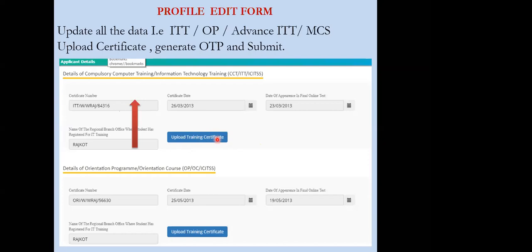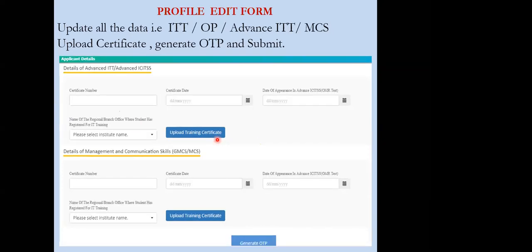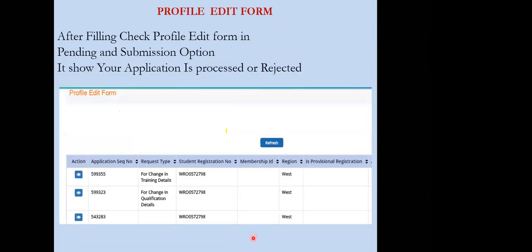Now you just have to upload your training certificate and generate the OTP. Here is the ITT or advanced ITT or MCS. Just click on generate after uploading this training certificate. Once you generate the OTP and submit your form, this link will appear in the profile and submitted option